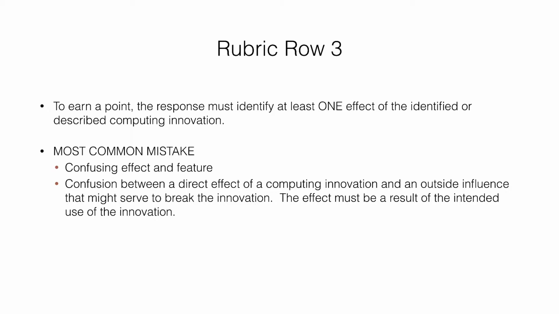And there's confusion between something that's a direct effect of a computing innovation and some outside influence that might serve to break the innovation. The effect has to be a result of the intended use of the innovation. So for that last point, suppose my innovation is a smart lock on my front door that I can open with my iPhone. And I say that a harmful effect of this is that an intruder might use a sledgehammer to break through my door. Okay, that's not a harmful effect of the smart lock,